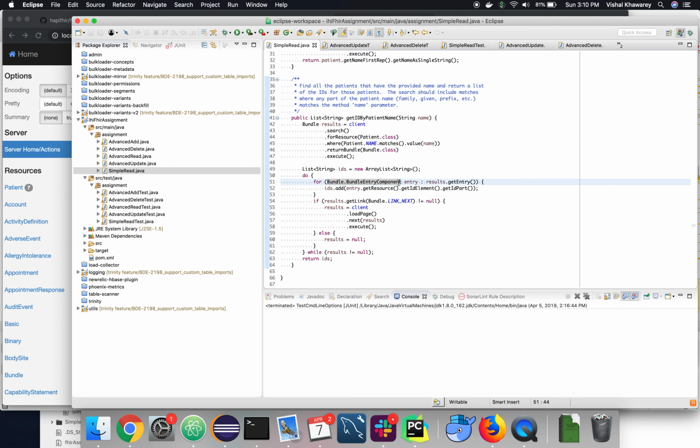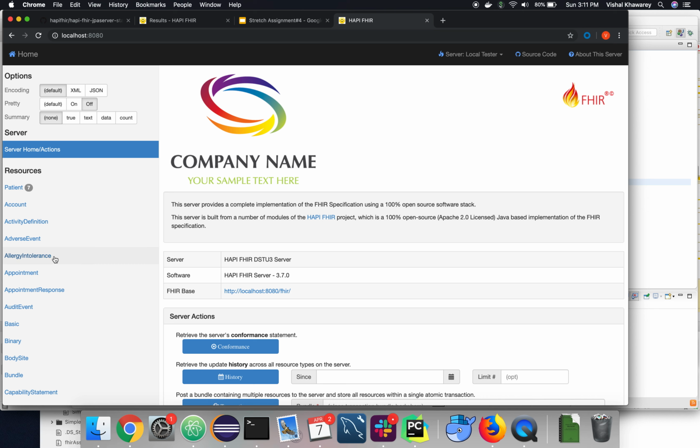So here is the simple read operation. We will search whether part of the patient's name matches the value, and the search will return us a bundle of results. A bundle is essentially a collection; it will contain multiple patient resources that we will read one by one. Just in case a bundle has a link to another bundle, then we would continue and follow that link as well. So how we do that is we come to the FHIR server,